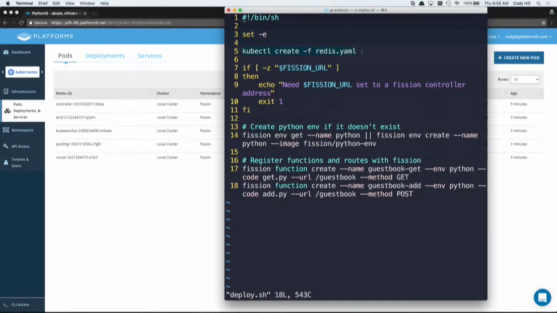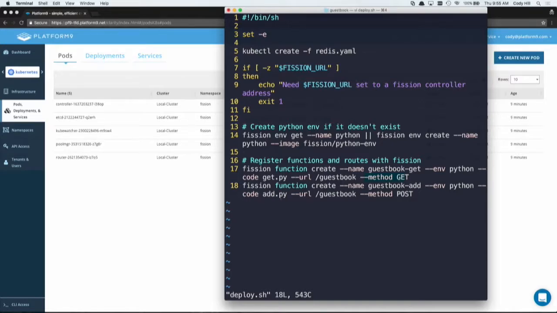But the function side of things is simply we said, hey, Fission, create me a function. Name it guestbook. And this is the code that goes into that function, that get.py, and create a /guestbook and a get method for it, right?